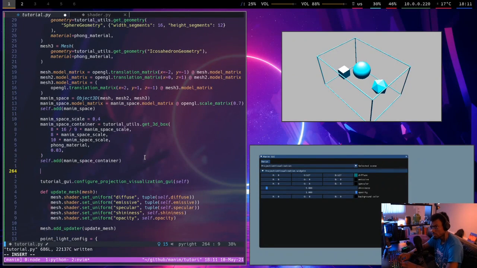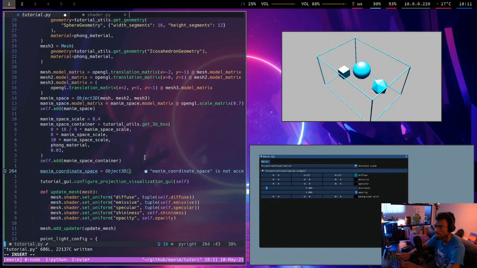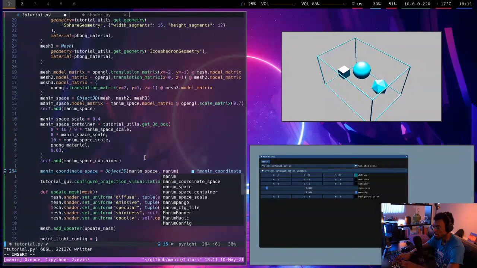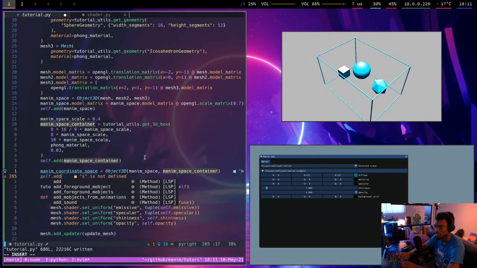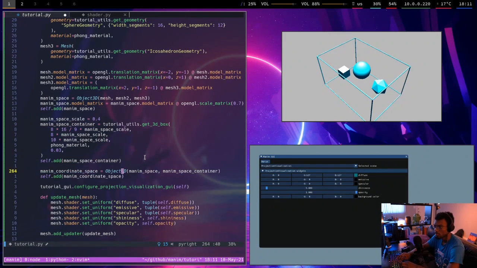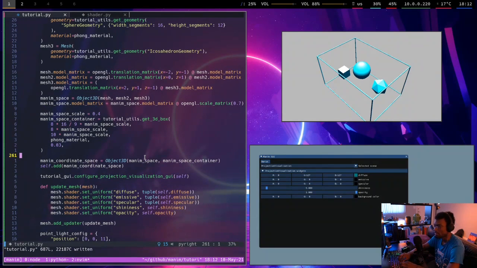So let me do Manim coordinate space goes in an object 3D that contains the Manim space and the container. I'm going to self.add that. And if I can get away with not having to add these, nice. That's really good, because that means that